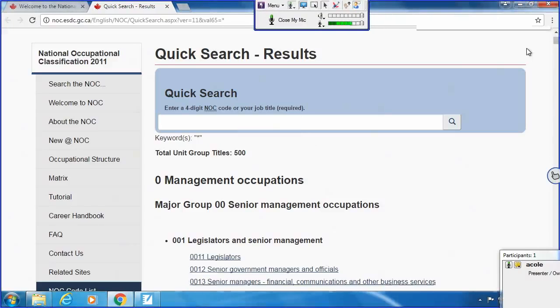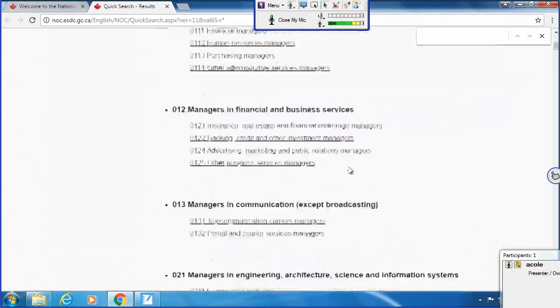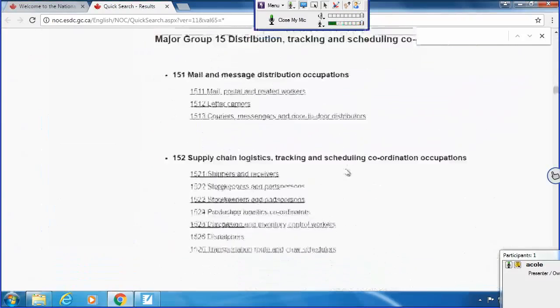So control F. You get a search box that appears, and you can do this with any active document. You could even have a Word document open. You could press Control F and you could search for things, right? But what's happening here is I'm on a website and I want to search everything that is here.